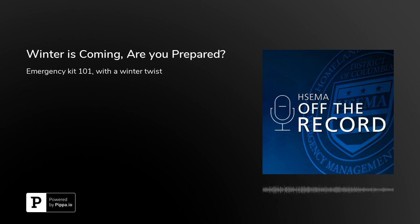Ready.dc actually is a personal preparedness campaign. Government officials, emergency managers across the nation all agree that there will be times when a community has to have the participation of its members to show resiliency and to build resiliency. And that doesn't matter what the emergency is. That could be a winter weather emergency. It can be an earthquake, or it could be something more sinister like an explosion in the community. You see how much involvement the community members had during the Boston Marathon attacks. That took people rushing to help other people during the incident. And so officials know, well, we need to get information out so that our public can help us respond to this. And so Mayor Bowser kicked off the personal preparedness